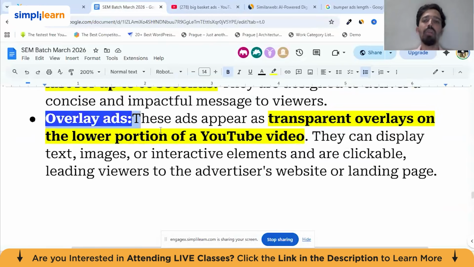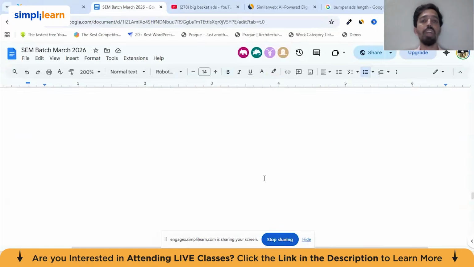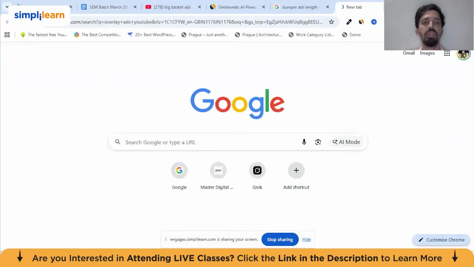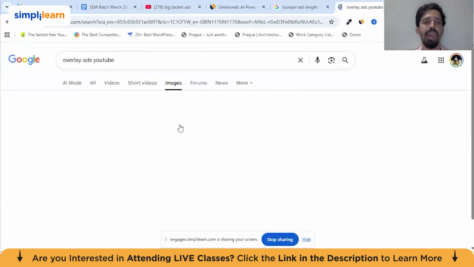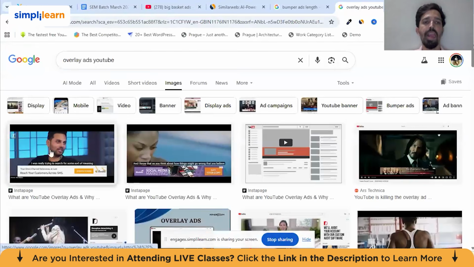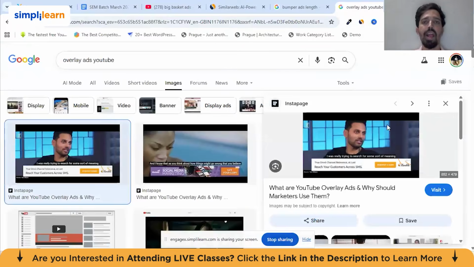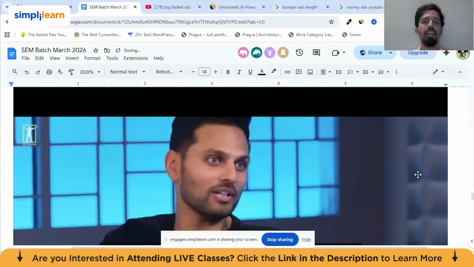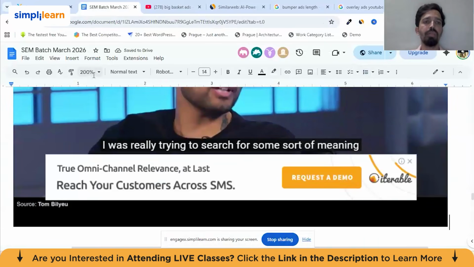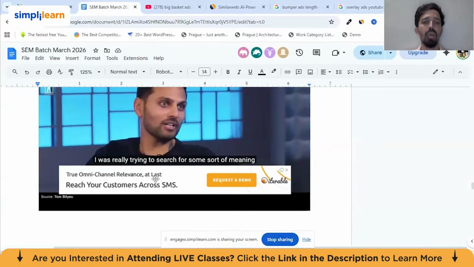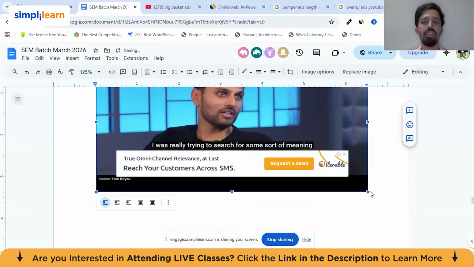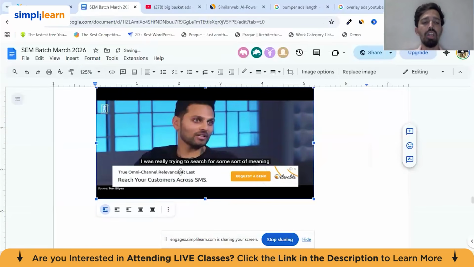Next is the overlay advertisement. This one you will relate to very easily and very quickly. I'll show you how. Now, if you see this particular advertisement, this frame, what can you see? You can see something there on the screen. There is a text, there is an image, and on the image,